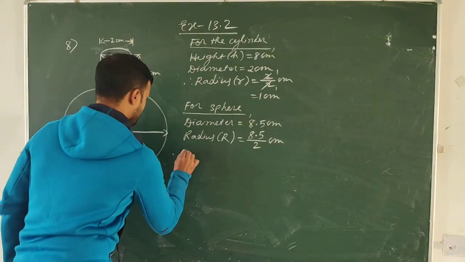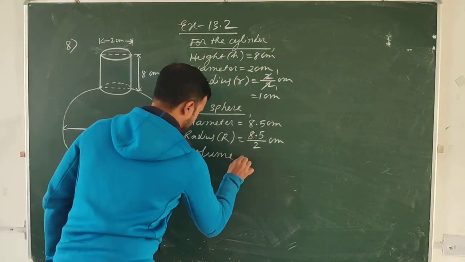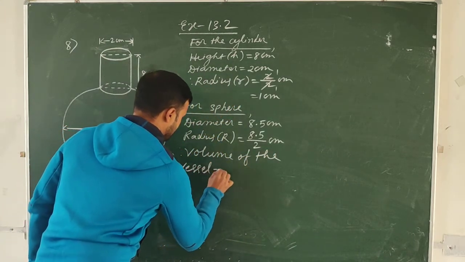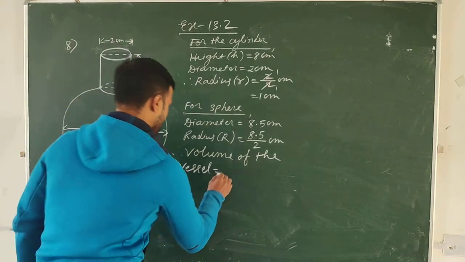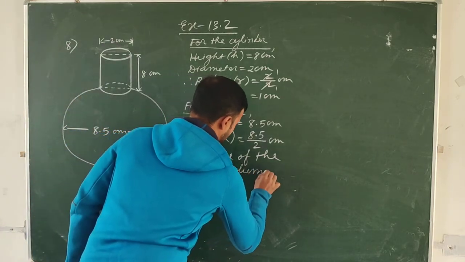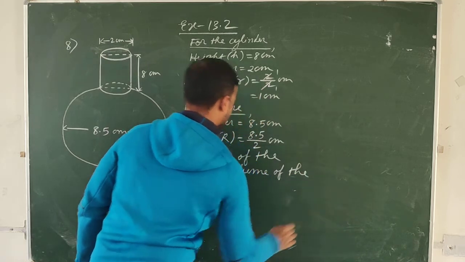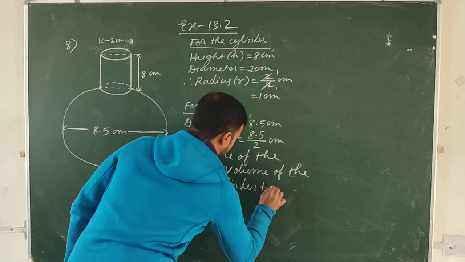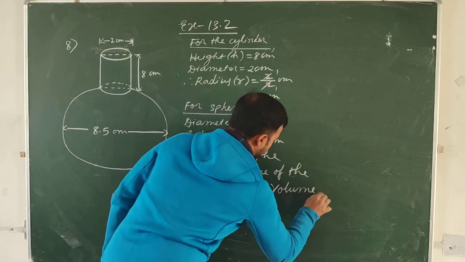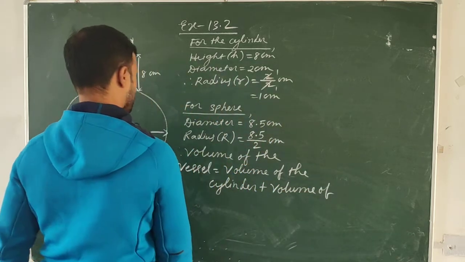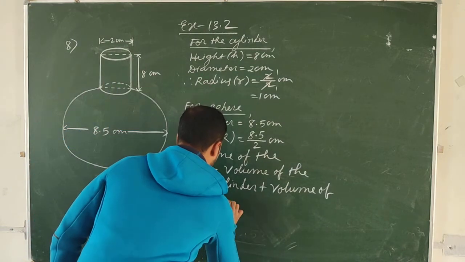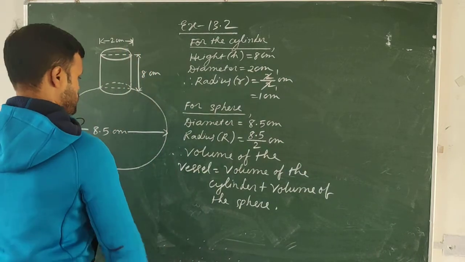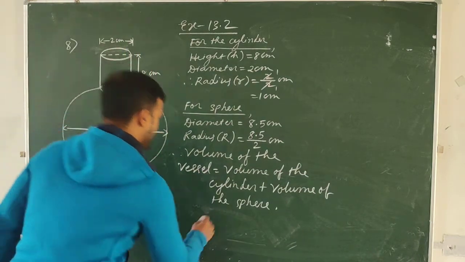Therefore, volume of the vessel is equal to volume of the cylinder plus volume of the sphere. Volume of the cylinder will be